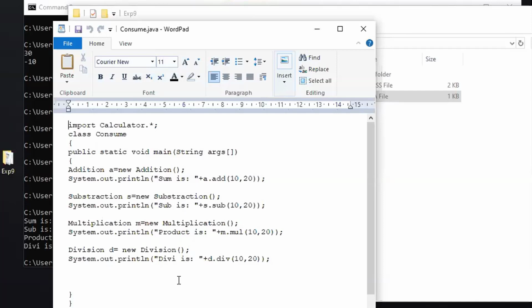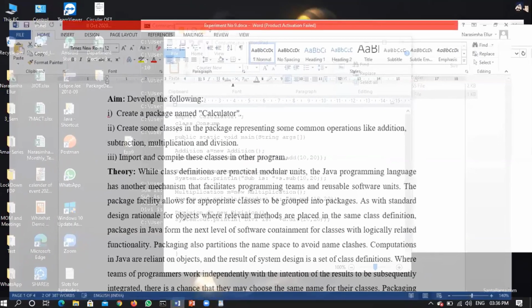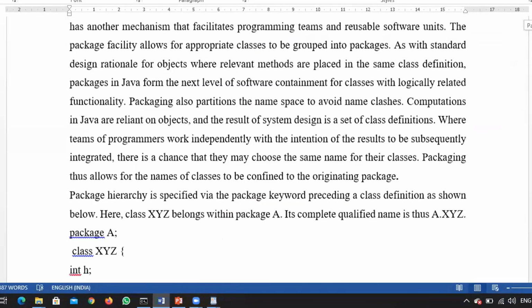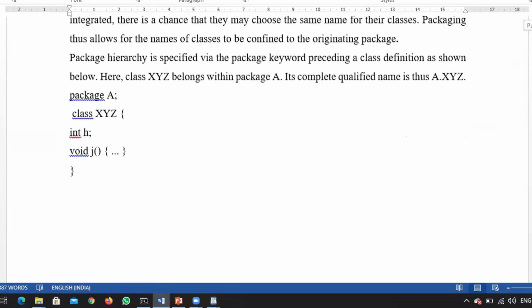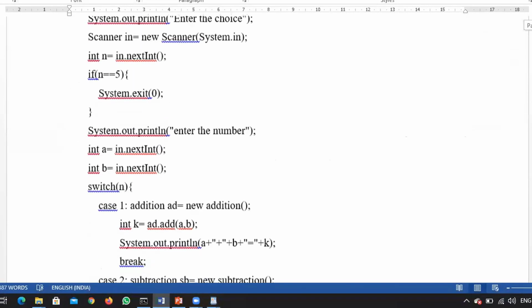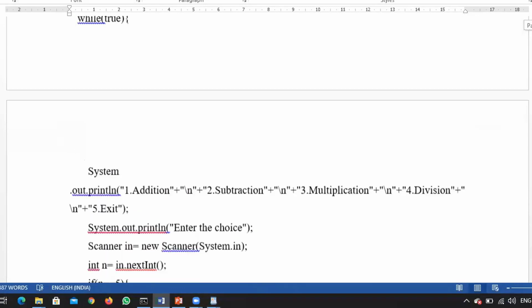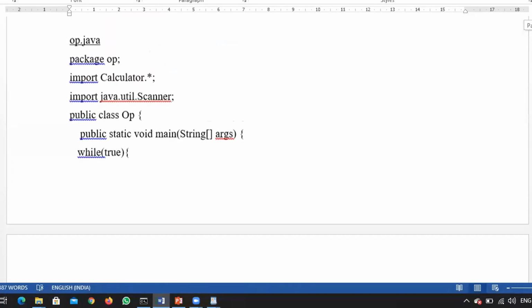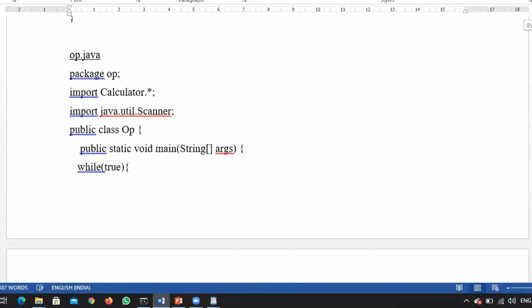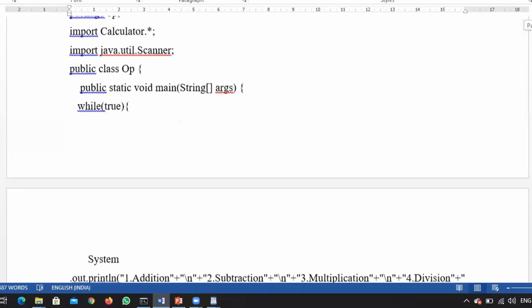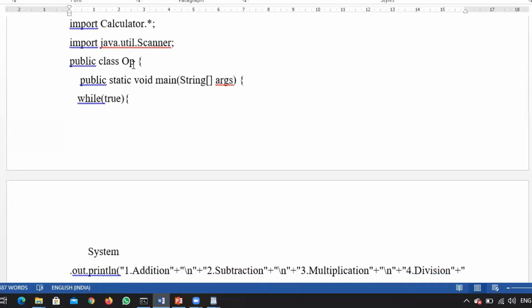Shall we do that, or once I share a file, will it be easy for you to understand? With respect to the consume file, things are written something like this. This is my consume file.